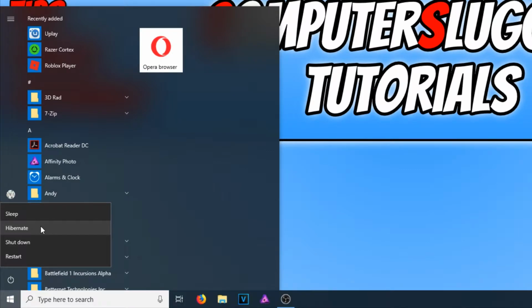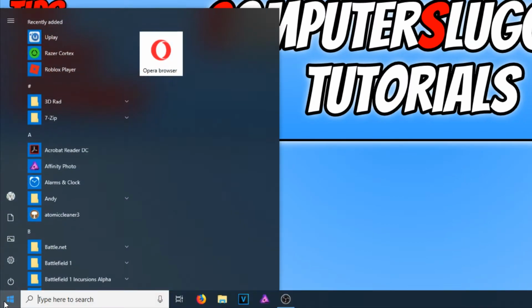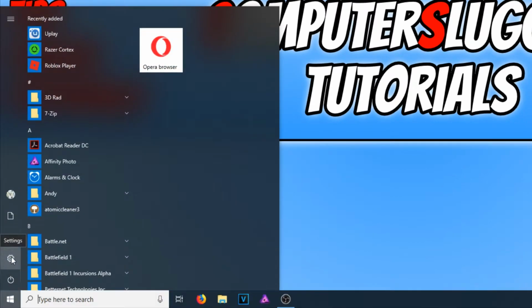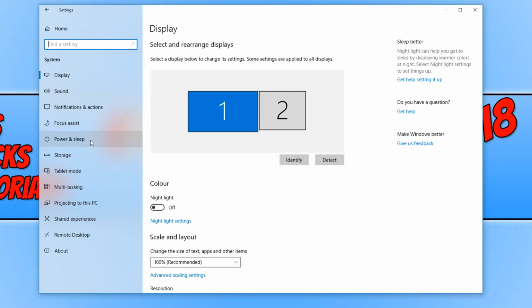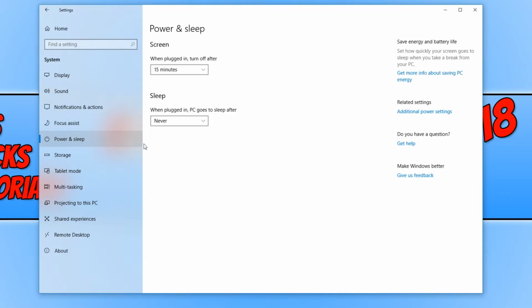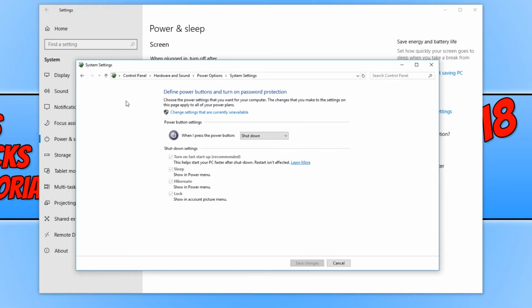To enable this option, all we need to do is open our start menu up again, and you now need to click on the settings cog, or you can right click on the start menu and go to settings. Once you are in Windows settings, we now need to click on system, and you now need to click on power and sleep. Once we're in power and sleep, you now need to go to the right hand side and click on additional power settings, and you now need to click on choose what the power button does, and we